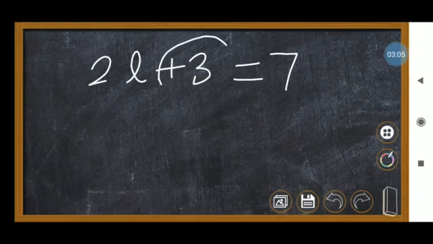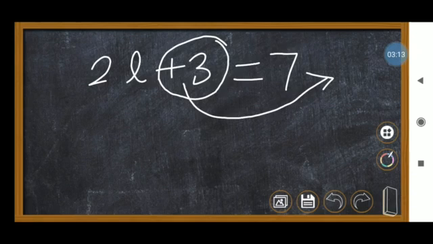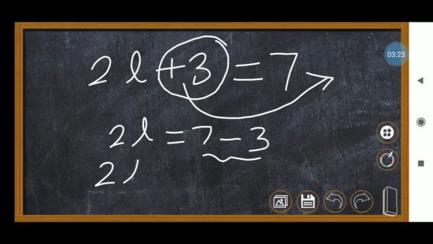Now if you look at this, this is plus 3. When you transfer this value to the other side, what will it become? Plus 3 will become minus. So 2l is equal to 7 minus 3. What is the value of 7 minus 3? 4. So 2l equal to 4. So we reduced this equation to 2l equal to 4. Still the number is present and still the variable is present, so we have to take the variable on one side and the number on the other side. As we found that equation